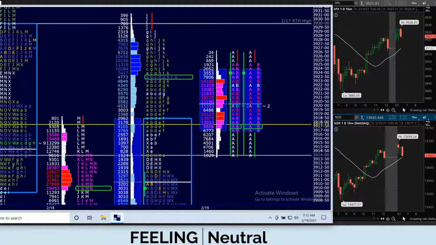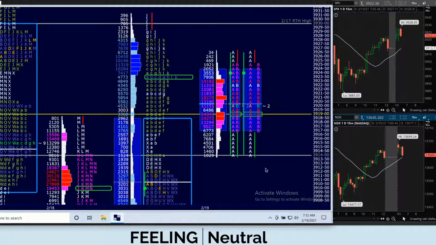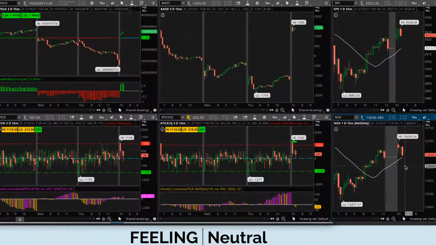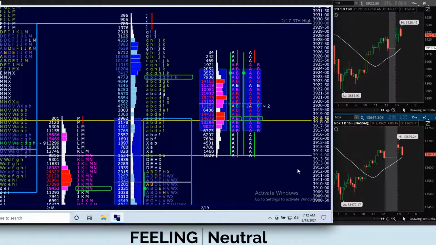Okay, well, in terms of a bull case, you definitely don't want to keep drifting back into yesterday's range. On the S&P, I'd look at the low from the A period as sort of a worst case scenario. You don't want to get down there. And in the NASDAQ, I would say breaking this 20 moving average. Either one of those would kind of make me feel a little more bearish. Right now, I truly do feel neutral.